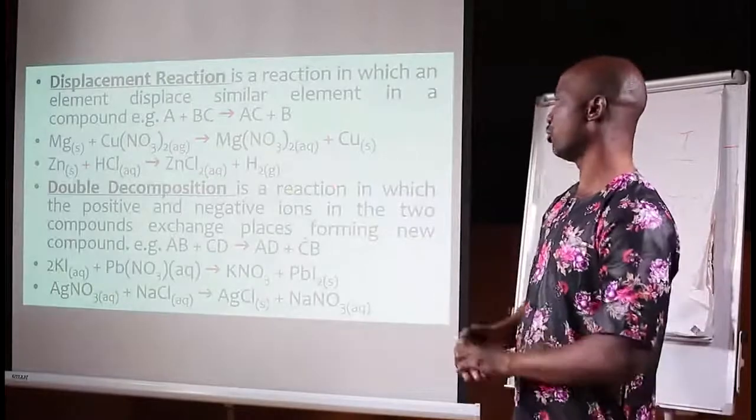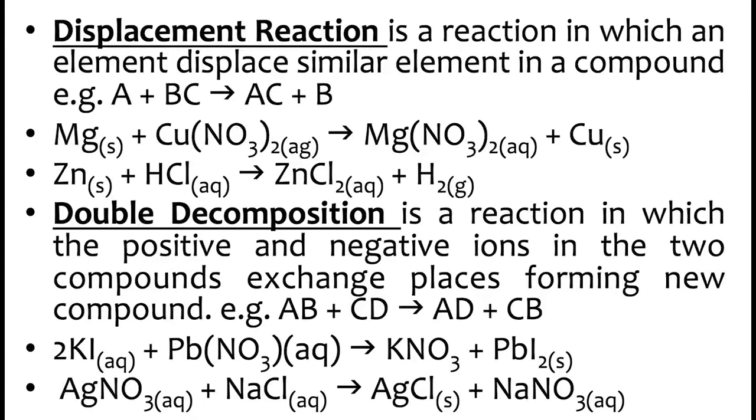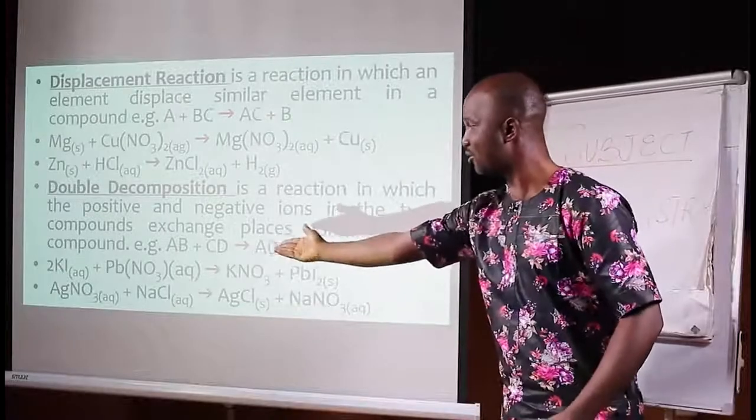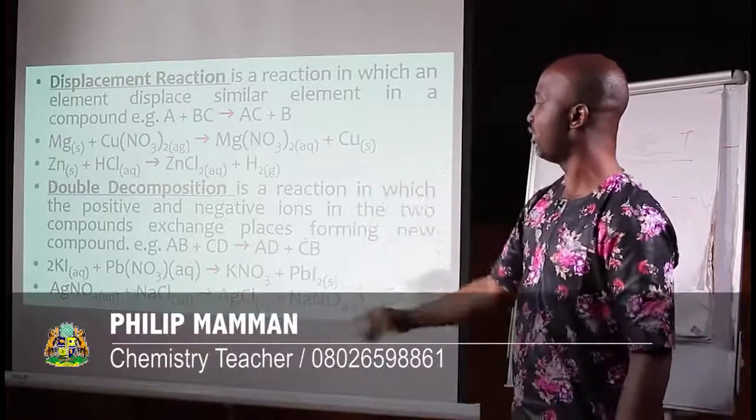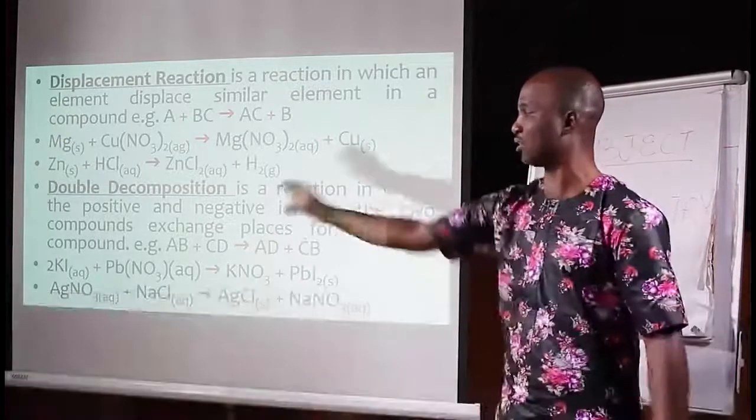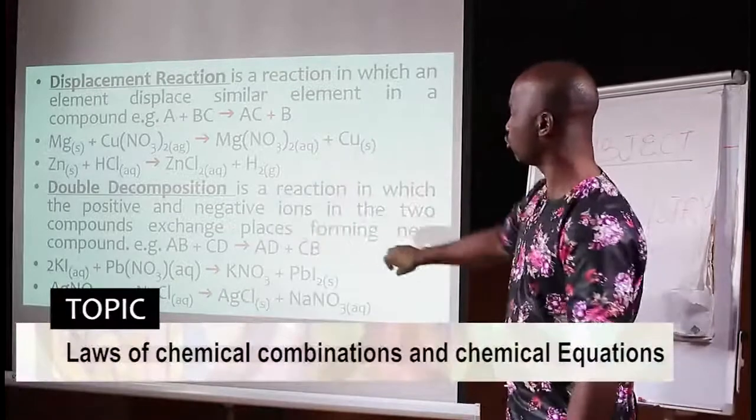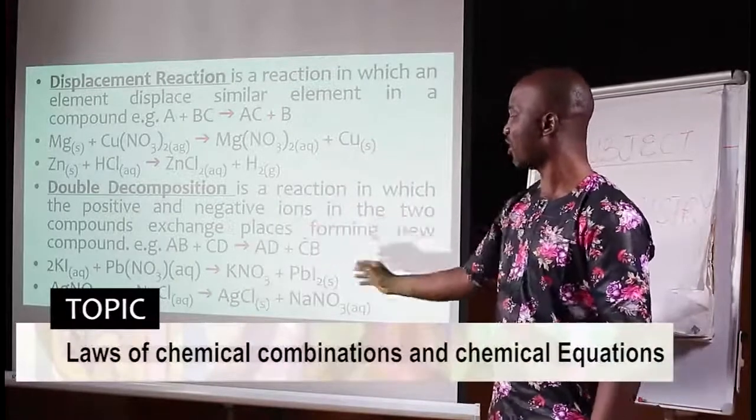Then double decomposition. As the name implies, it means that the two compounds involved in the reaction will decompose and eventually exchange their cations and anions. As you can see in this case, AB plus CD eventually gives you AD plus CB. If you look at it here, you see potassium iodide plus lead 2 trioxonitrate 5. You see that the trioxonitrate 5 goes to potassium and the iodide goes to lead. So you have potassium trioxonitrate 5